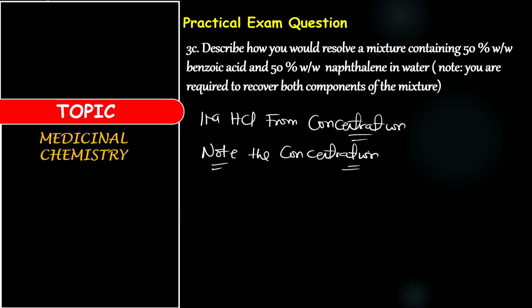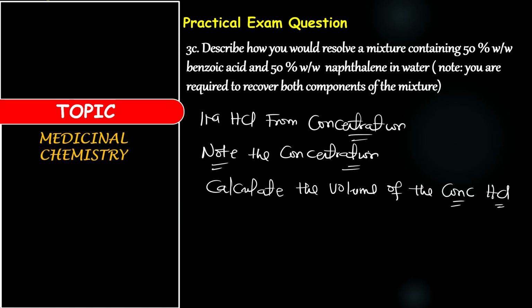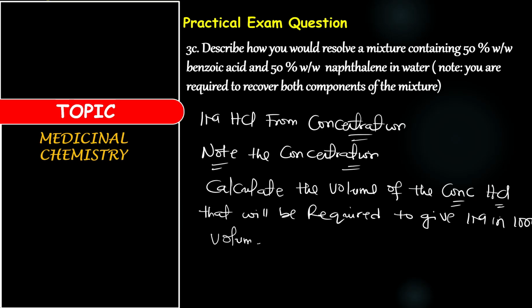Now, having noted the concentration, you are now going to calculate the volume of the concentrated HCl that will be required to give 1 molar in a 1000 milliliter volumetric flask using the formula